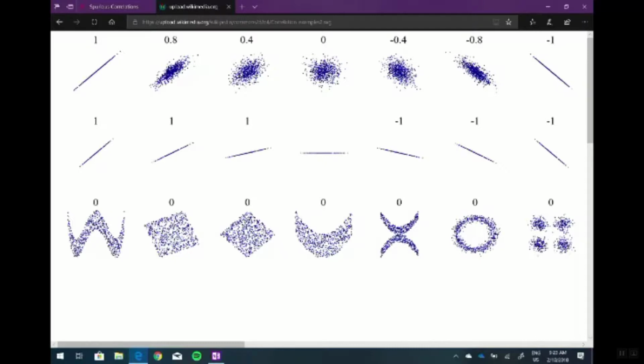The only thing that the correlation coefficient shares in common with the slope is its sign. Positive correlation means it must be a positive slope. Negative correlation means it must be a negative slope. But that's where it ends. The actual number, 0.4, 0.8, whatever it is, has nothing to do with the slope. Okay? And the last one